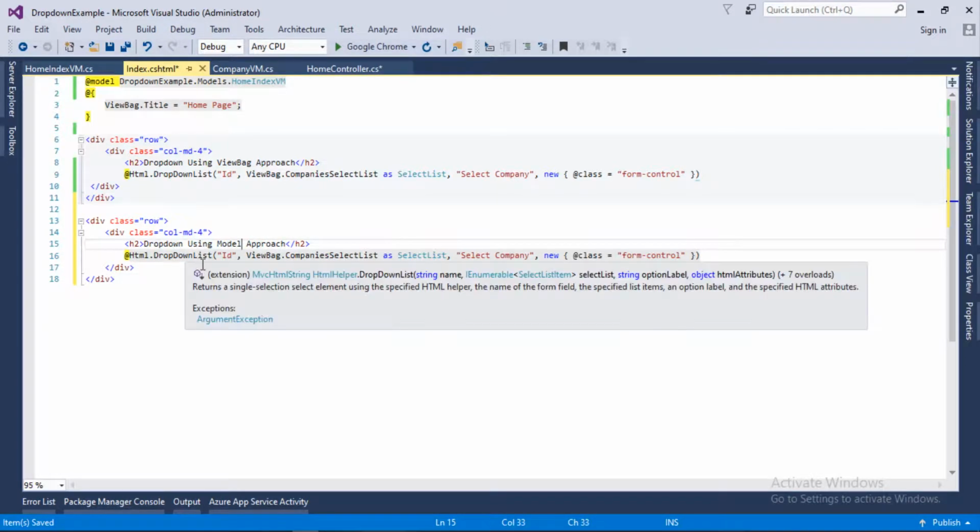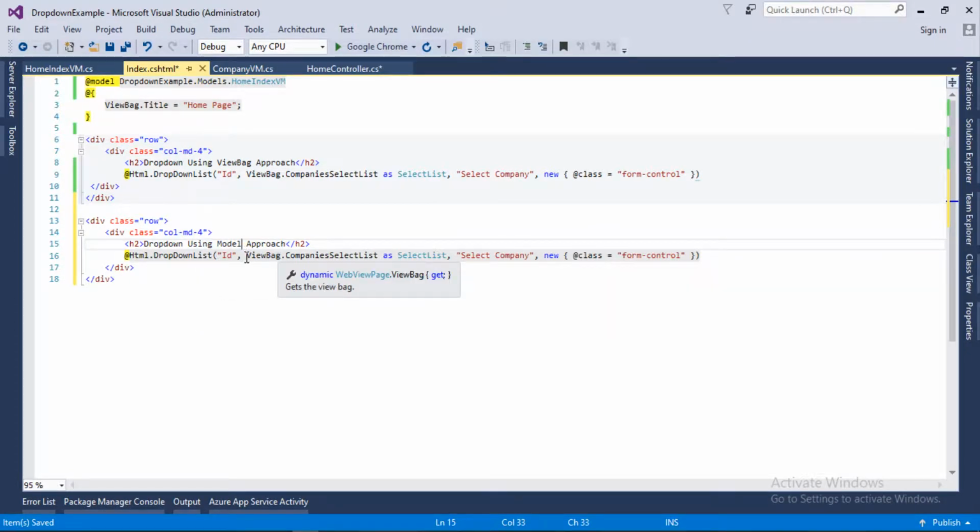And here in the drop down list, as you can see, we have passed this from the ViewBag company list, and this is similar code to what I used in my last video, so I don't need to explain it. So what you can do is remove the ViewBag list from here and provide Model.CompanySelectList. So that's it for the view as well.